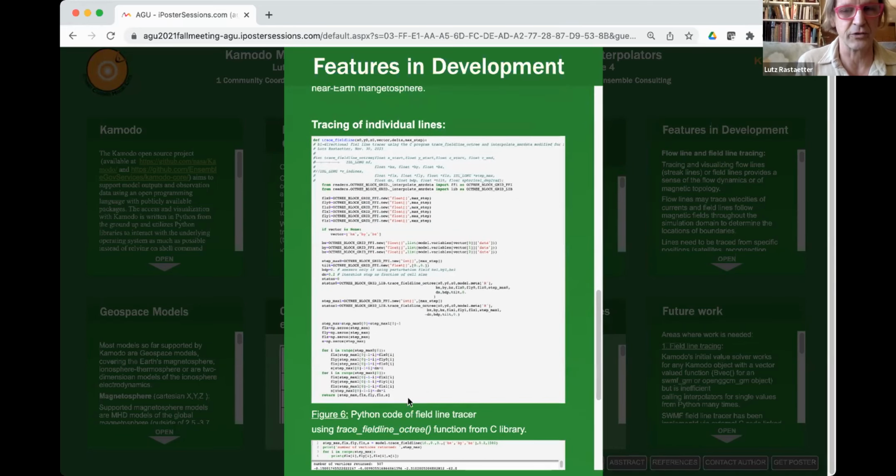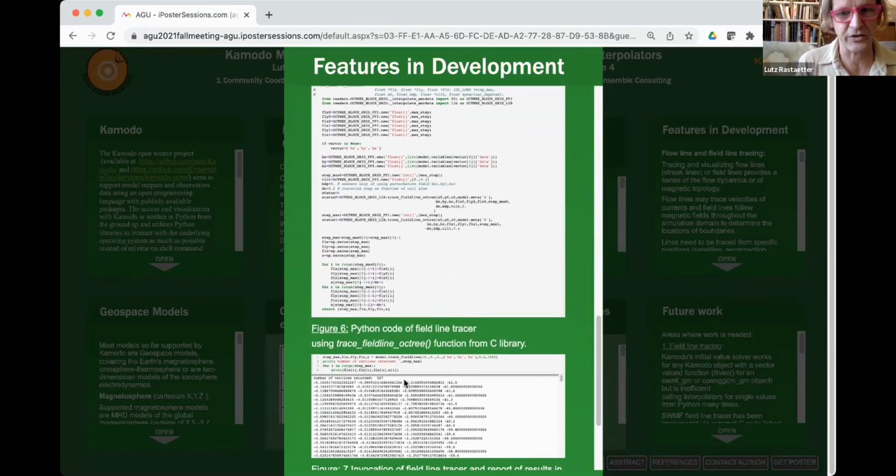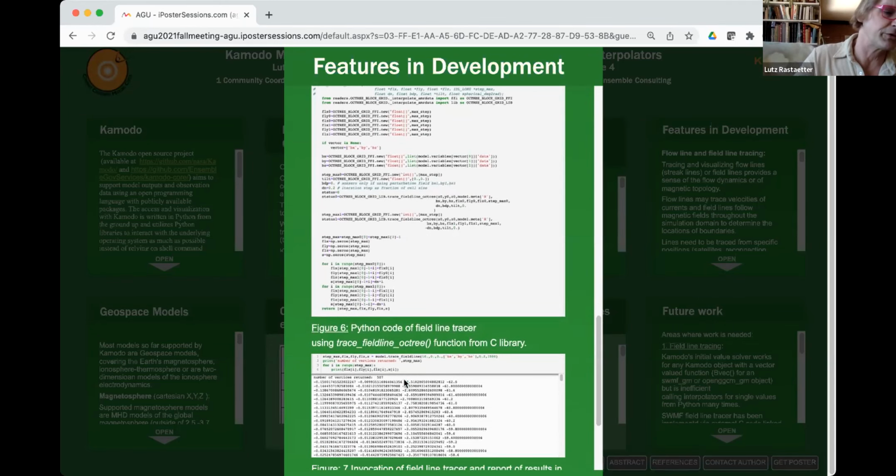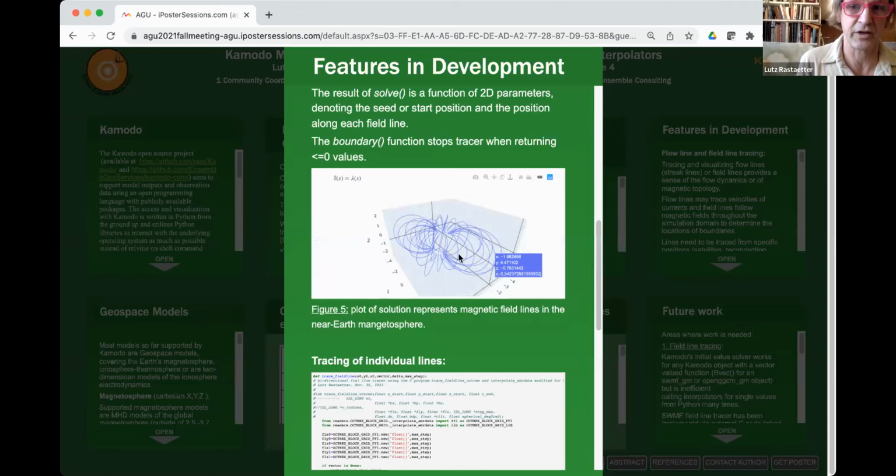And here's a field line tracer interface that traces the field line in both directions, with the magnetic field and against the field. And then you get magnetic footpoints on the Earth and the trajectories through space, like shown here. And so that's active development. But all those features also use a C program, and it's more efficient than using Python interpreted